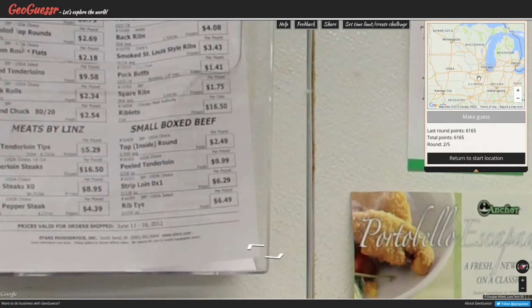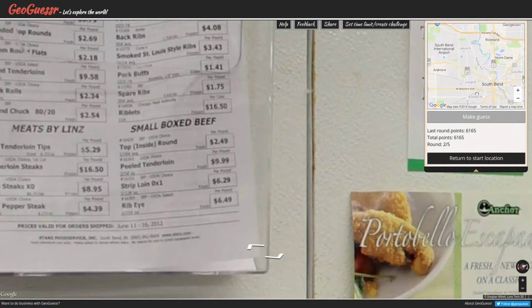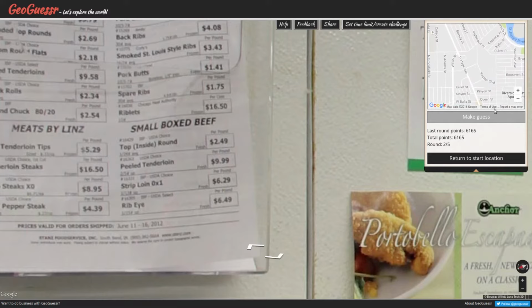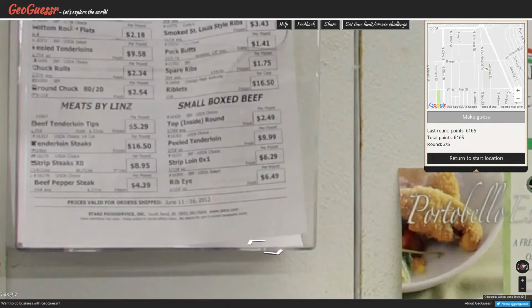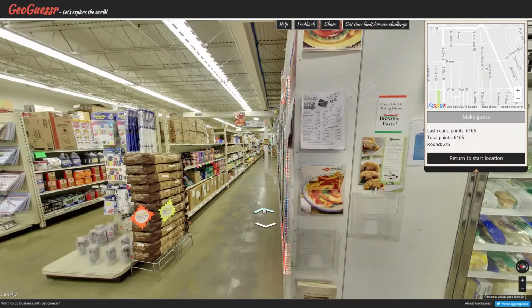Let's go to the map. I didn't mean to, but since I accidentally did it. South Bend's in the north, which confuses the hell out of me every time I think about it. Stan's Food Service. It's going to be big. See if we can get an address out of this somewhere, because it's not on this little thing. It just says South Bend, which means anybody in South Bend knows where it is, which really means I wish